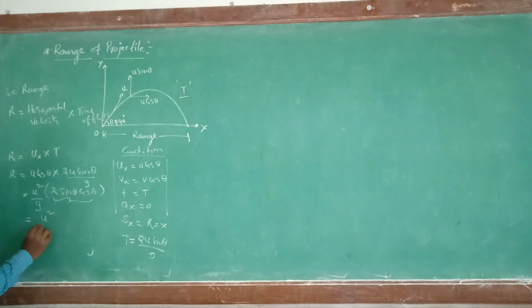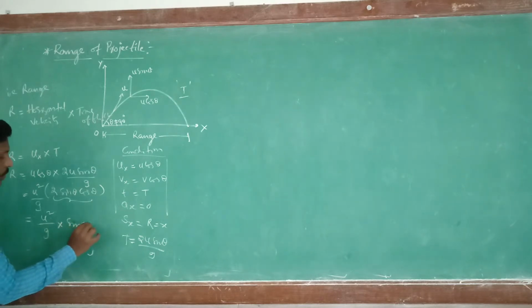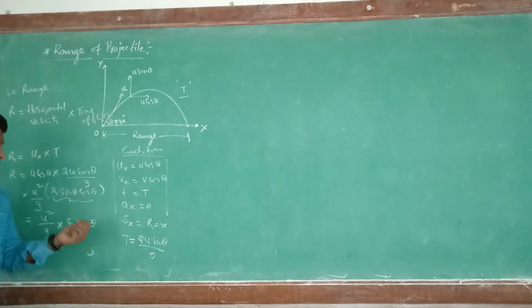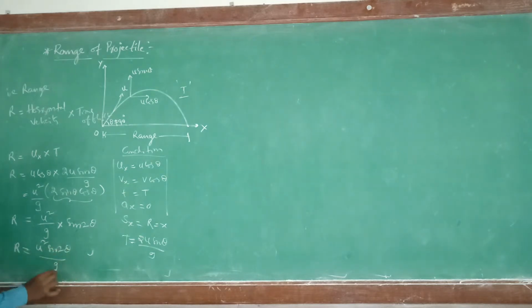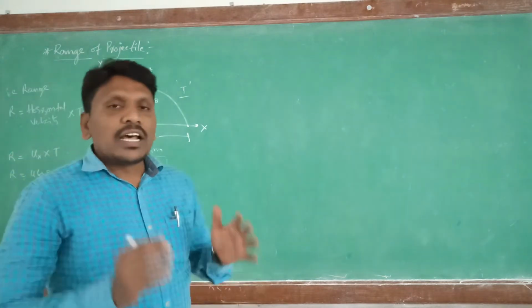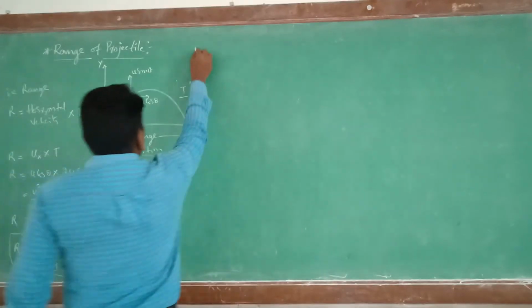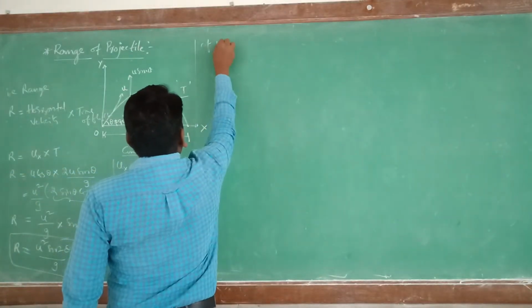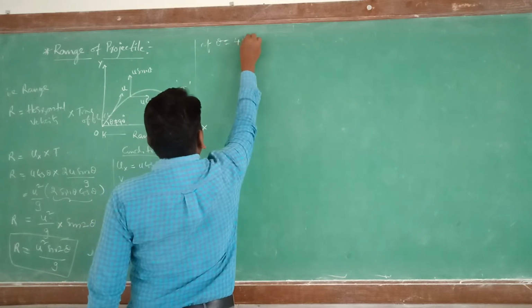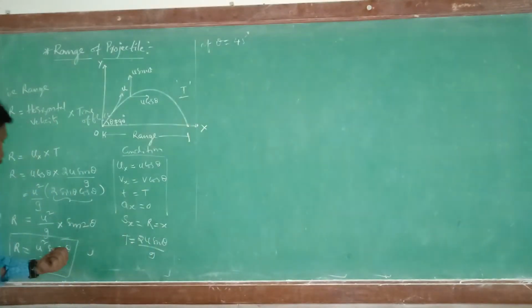So we can say u square by g into sin 2 theta. So the range R is equal to u square sin 2 theta by g. This is the expression for the range of a projectile. Now, if theta is equal to 45 degrees,